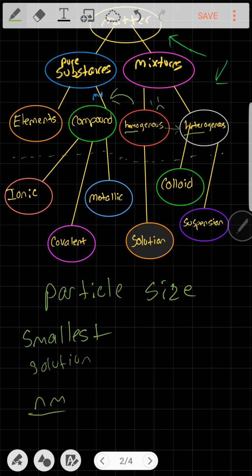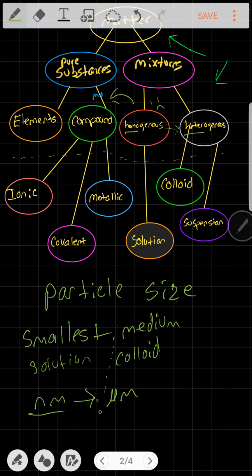When it gets bigger by factors of 1,000, so if it gets 1,000 times bigger to the micrometer stage, that's the medium, right? We agree that's kind of medium. Sometimes you can see it with your naked eye, or you can see it with a laser or something. That's called a colloid. Is it the same throughout? No, it's not. That's why it's not a homogeneous mixture,